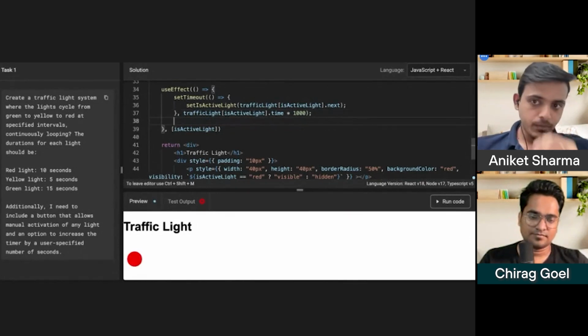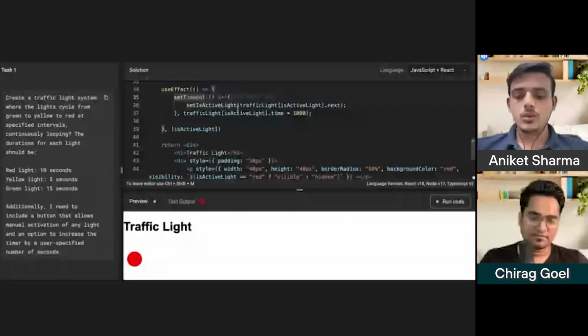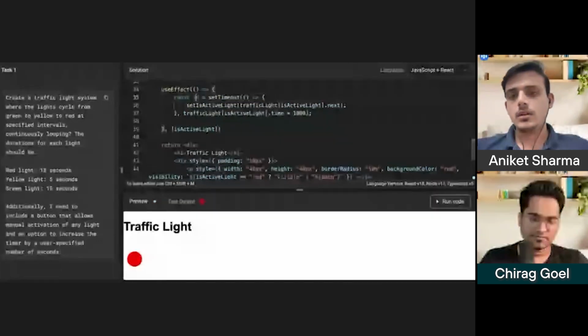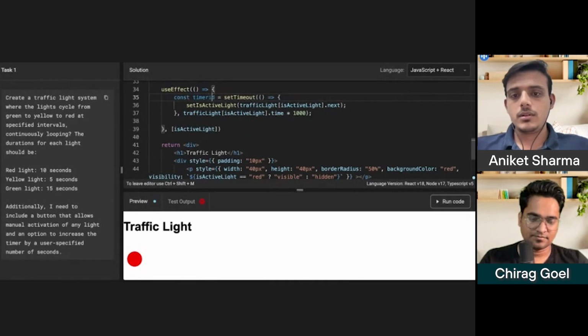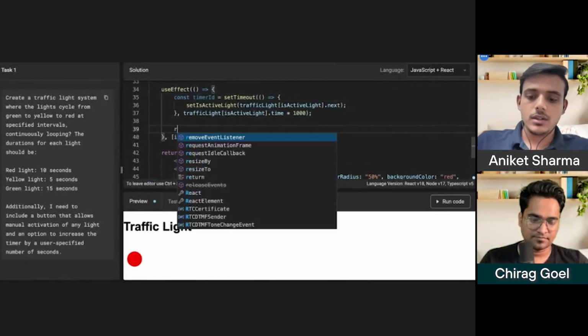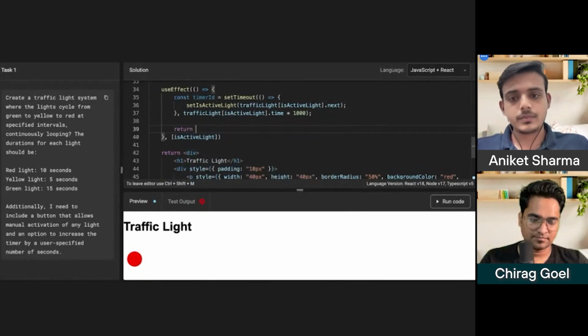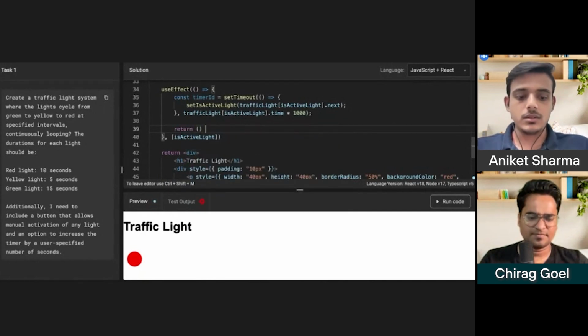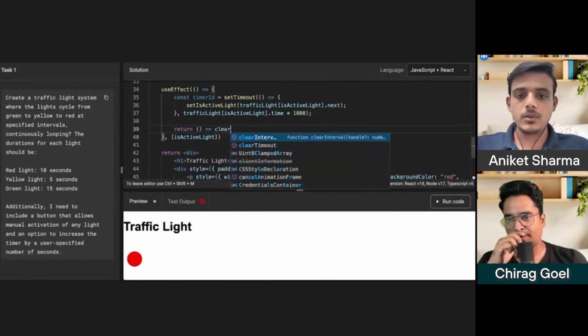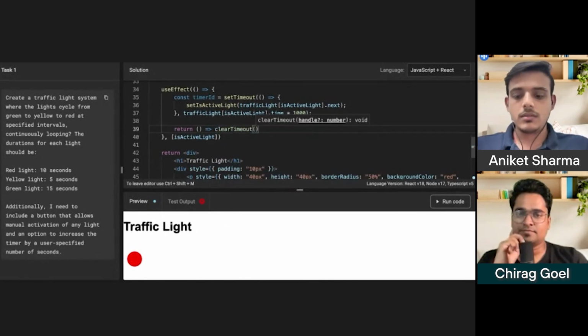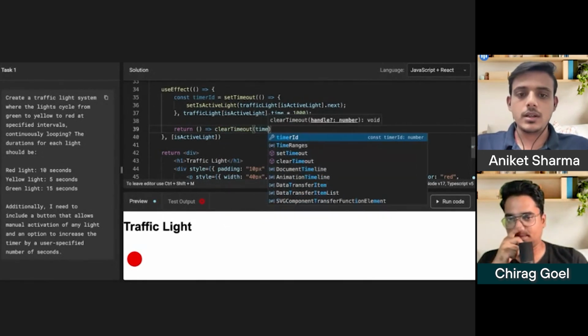So what we can do, we need to store it in some ID, timer ID, and then while doing, let me do the return. It will go with the callback clear timeout, and we can provide the timer ID here.